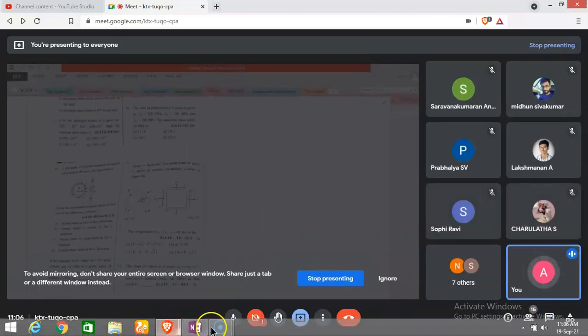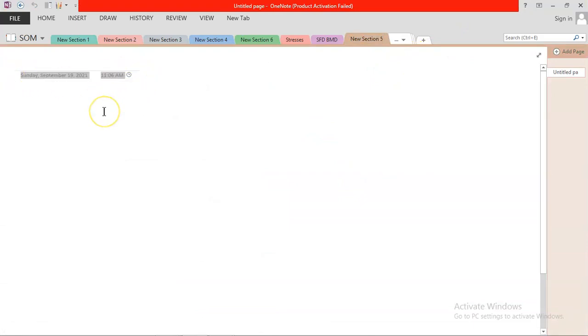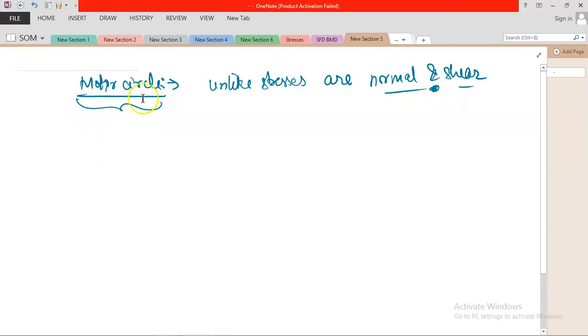Okay. So first of all, a revision of your Mohr circle. Why Mohr circle? Mohr circle is for where we have unlike stresses. Suppose you have normal and shear stress. Now these two stresses are unlike stresses. You cannot directly add up or sum up. You need a concept that you will utilize to find the resultant. So that concept is defined by Mohr circle. And what is the meaning of that? Suppose